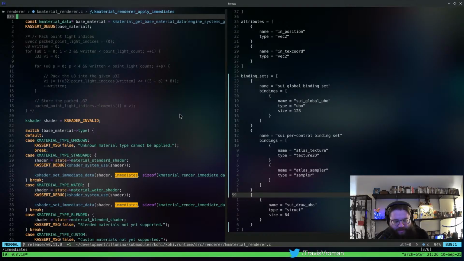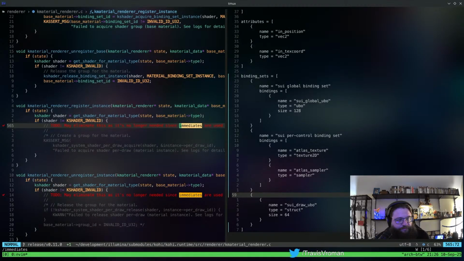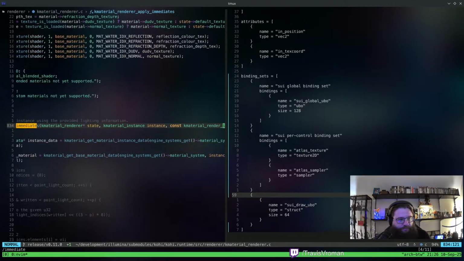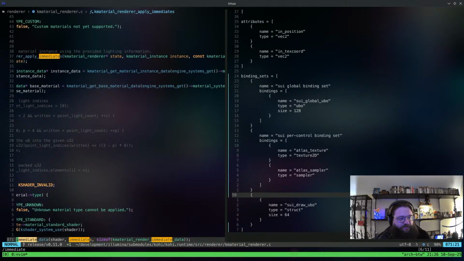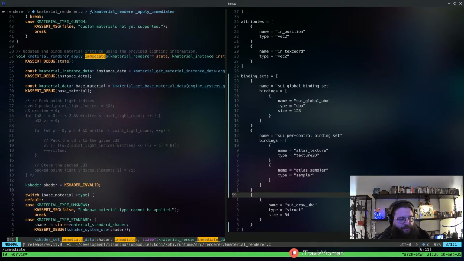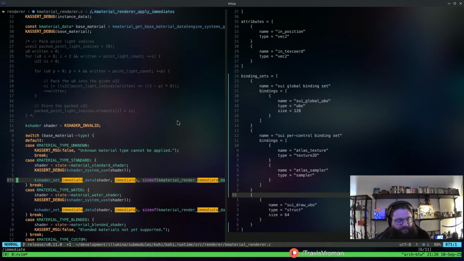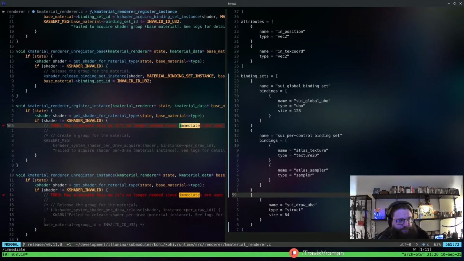Did we actually have that? I don't know that we actually defined that in our shader configuration. That might be a bit of an issue. No, we don't need to define that. That's right, because we said that our immediates are always going to have a maximum of 128.